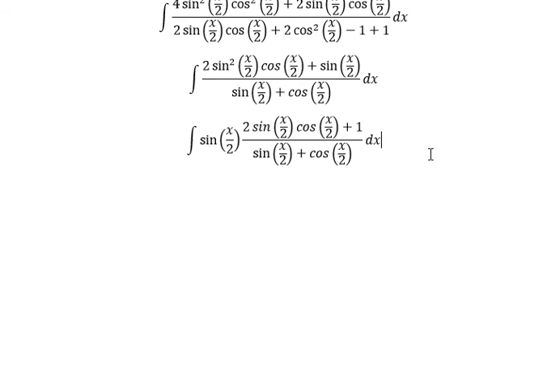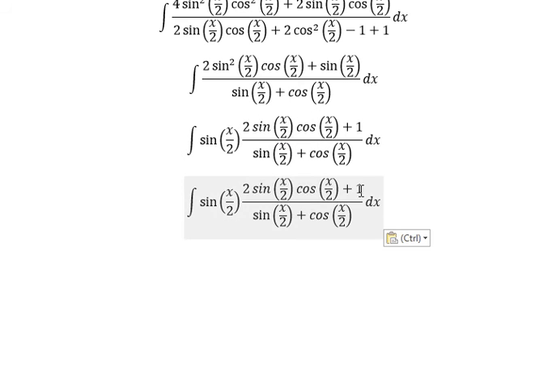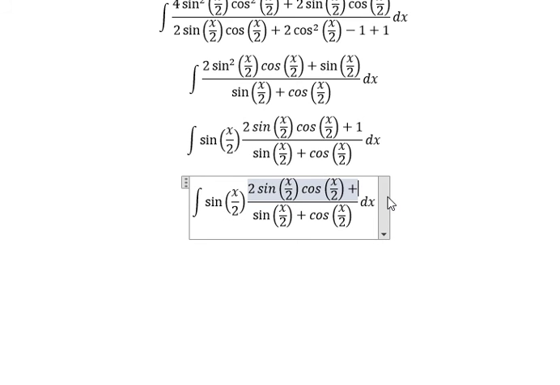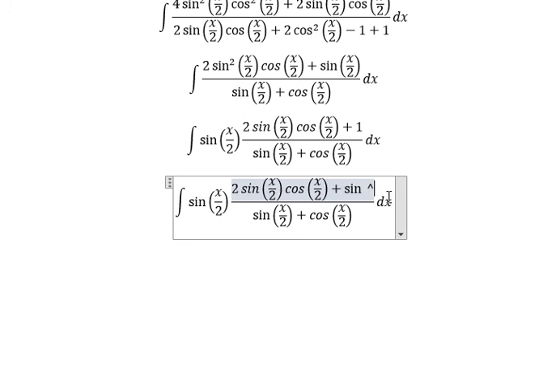Next, about number 1, we can put sin x over 2 square